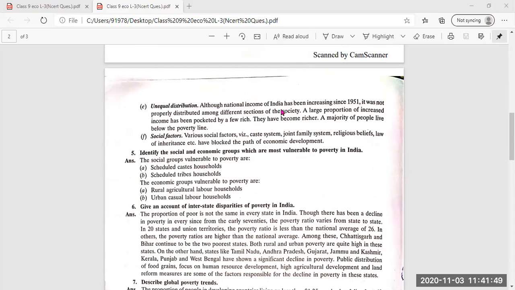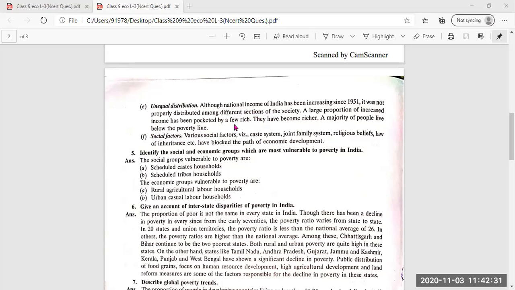Here, although the national income of India has been increasing since 1951, it was not properly distributed among different sections of the society. So the unequal distribution of income in India is also the main reason. A large proportion of increased income has been pocketed by the few rich. Whatever income increase there is, national income has increased, it has been only in the hands of a few people, within their reach only,